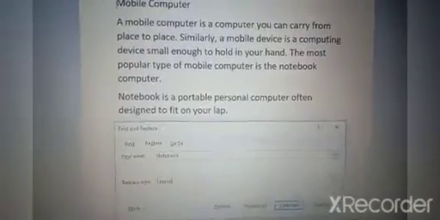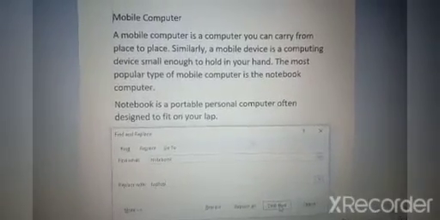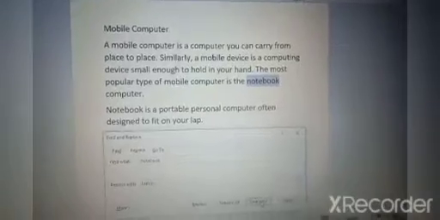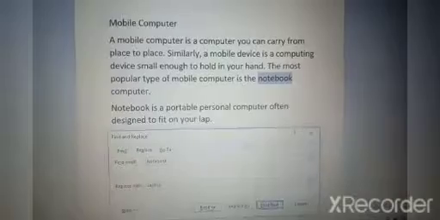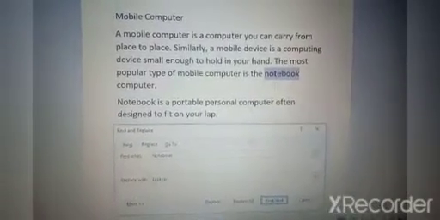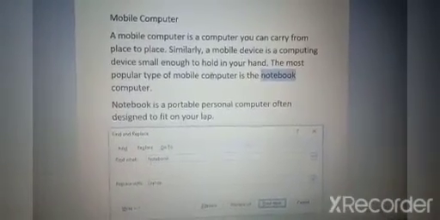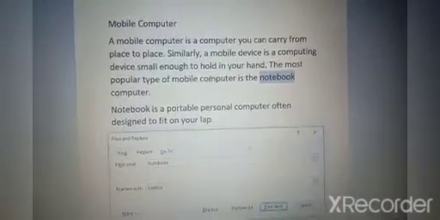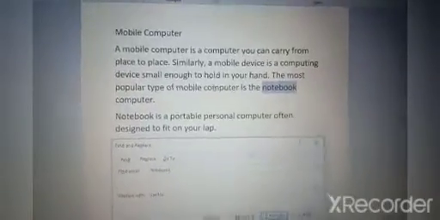So now see, find next, just click on find next. See, this is the first notebook. You want to change it? Yes. Replace: if you click only replace, it will change this notebook. If you click on replace all, then wherever notebook is written, it will replace all notebook to laptop. Okay, so we will see step by step.